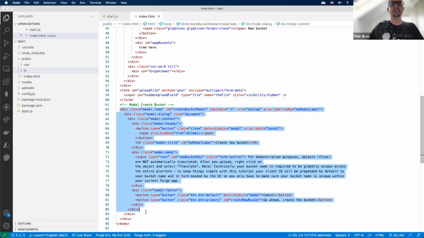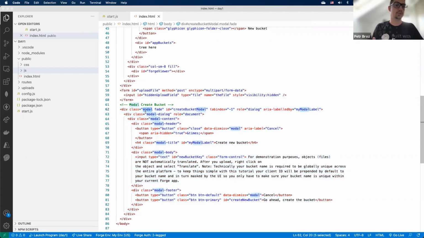And finally, the last div here is a modal dialog. And again, modal is another feature of the Bootstrap framework, which allows you to build a modal dialog that will only pop up based on a certain event. So here, this is a modal dialog that we're only going to show when you click the Create New